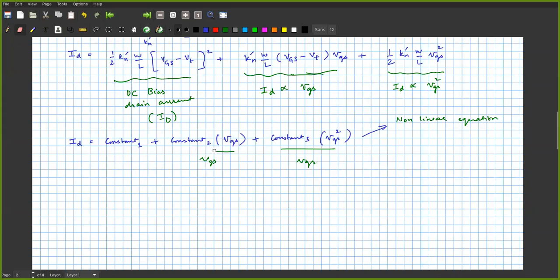See, if the third term is missing, then in your entire current equation, only this will be there. If you make this somehow 0, then without doubt you can say that this is a linear equation. If this term is not there, it entirely becomes linear. But it is not like that, right? So this third term is always there, right?